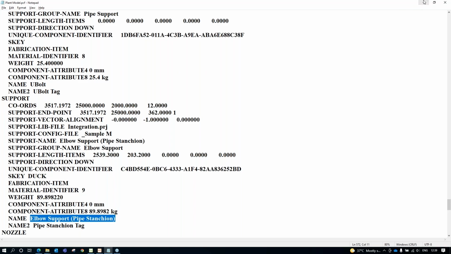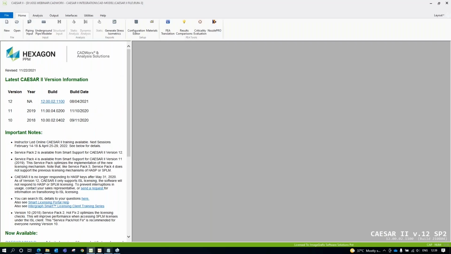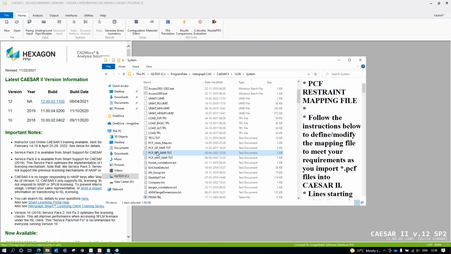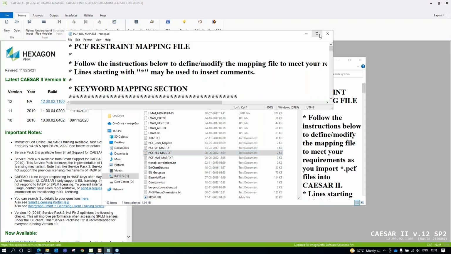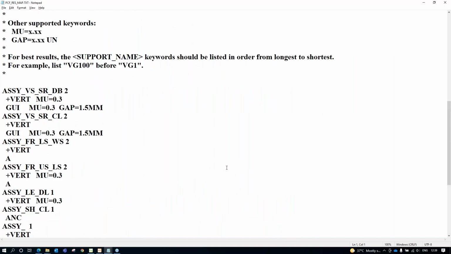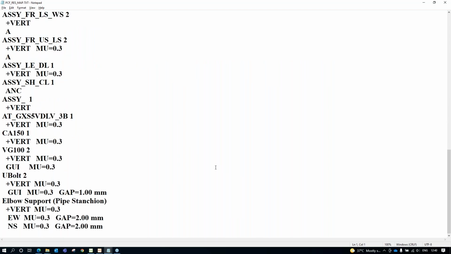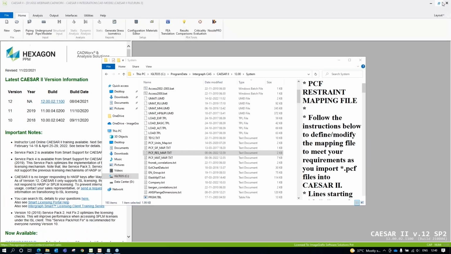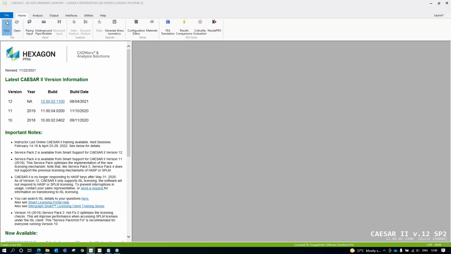Since I saved it in the same location, the existing mapping file will be replaced with the updated things. No need of deleting the previous mapping done, because this might come in your future projects also. Just keep on amending the new support restraints which you come across in your new projects. That's the best advantage of using the same mapping files. Now let me create a new file,